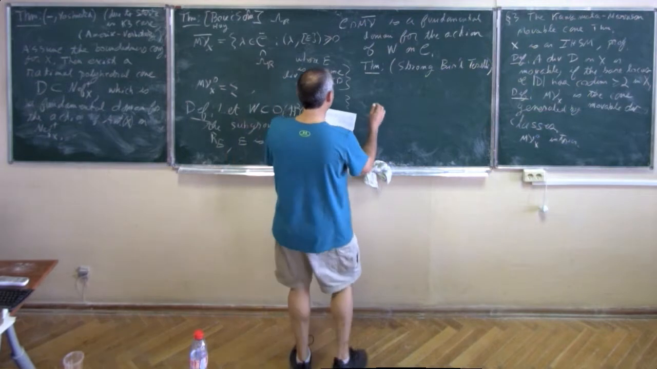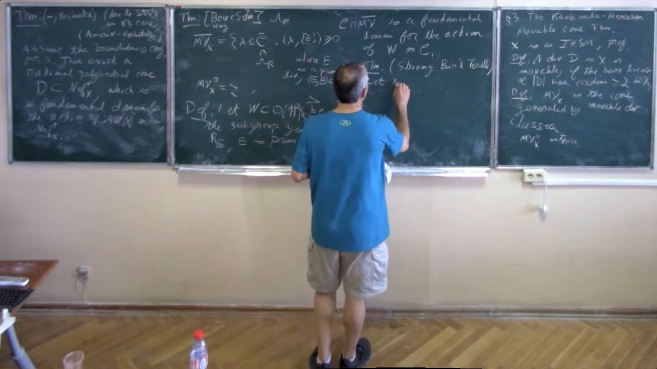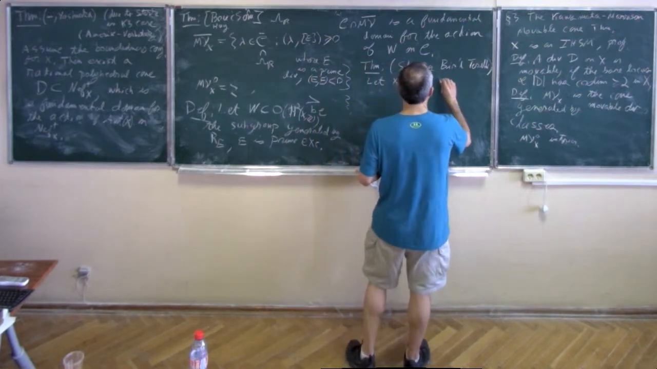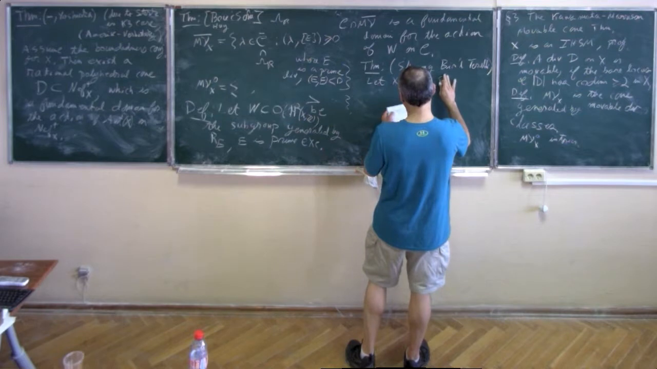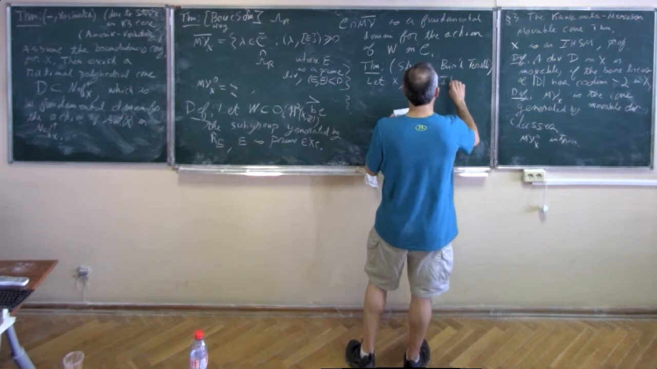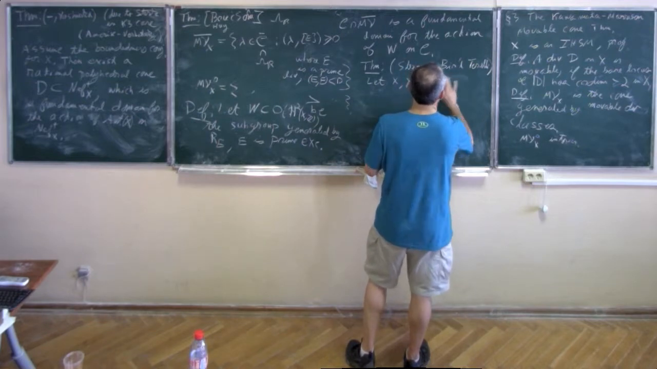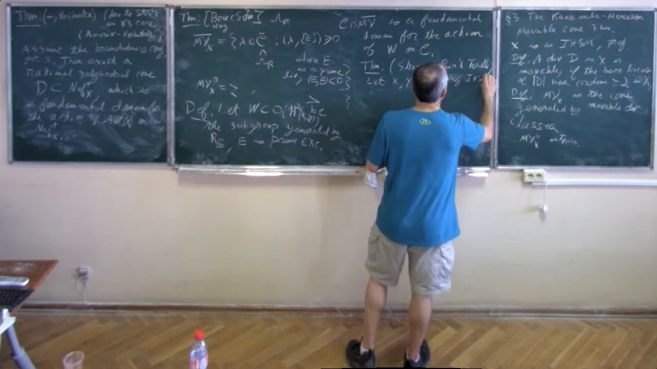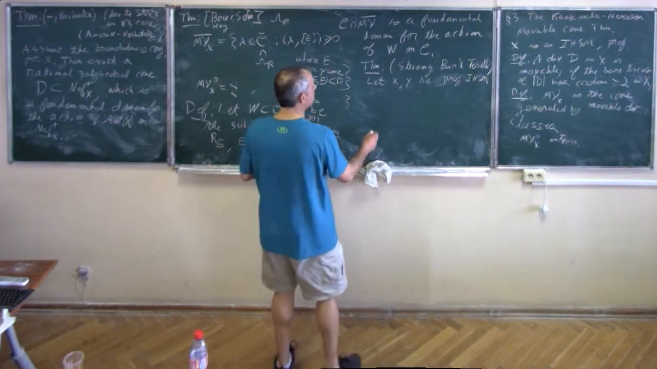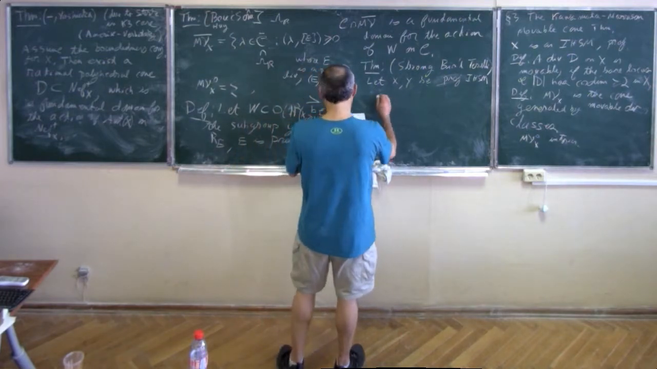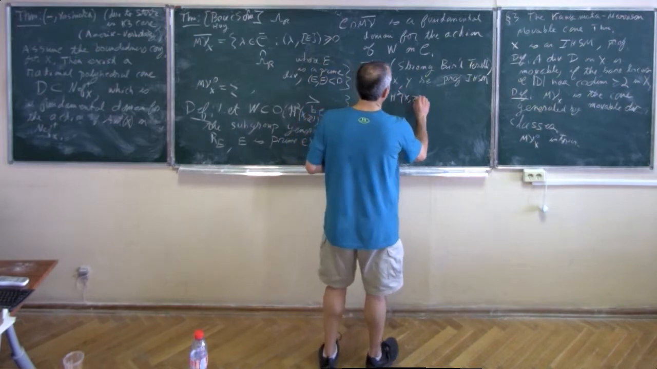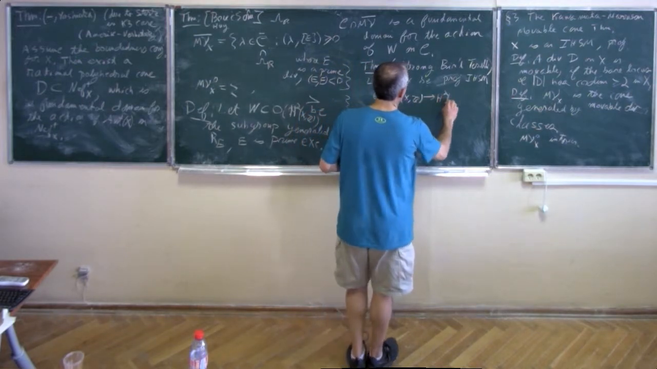Let X and Y be irreducible holomorphic symplectic, let's say projective, although I put it for non-projective irreducible holomorphic symplectic manifolds. Let F from H^2(X) to H^2(Y)